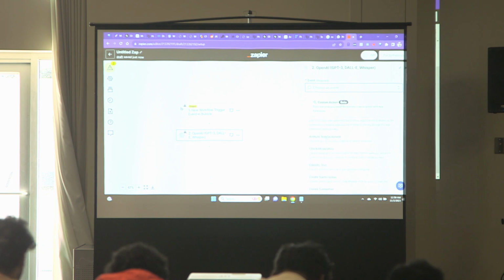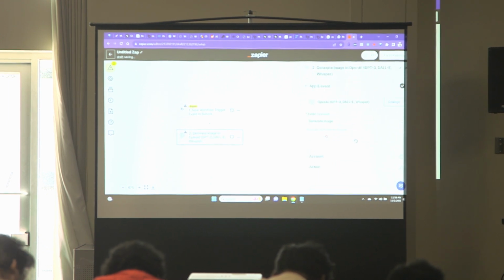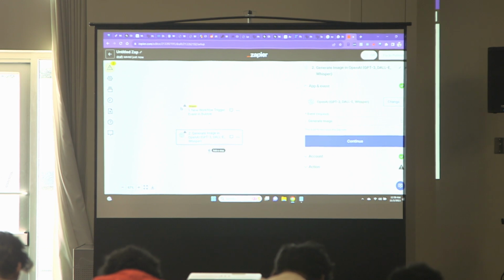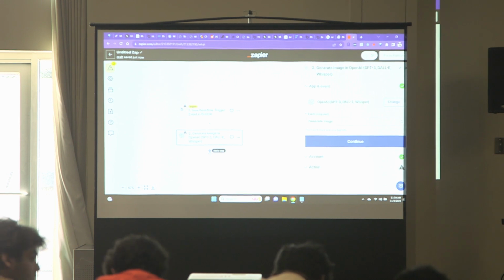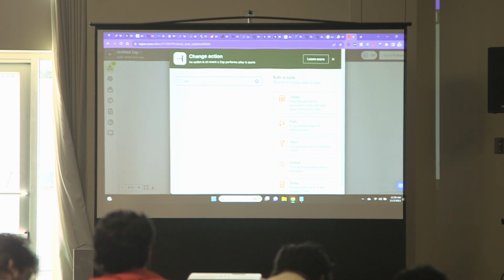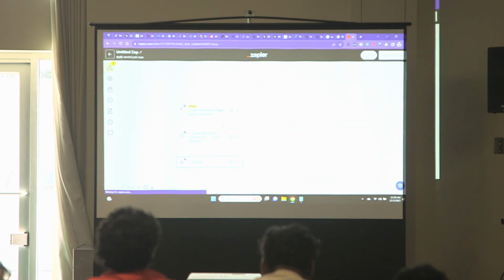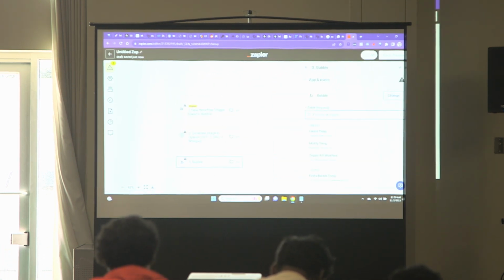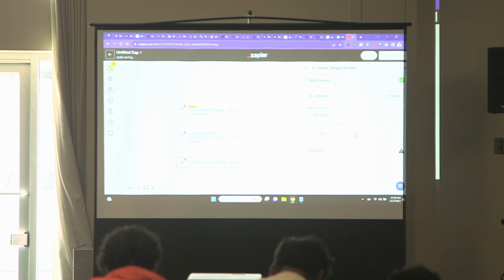And let's say we'll generate an image. Whatever. We want to create our own image generation tool, or we want a tool that auto-generates images for an added bit of functionality. Great. Now I'm going to add a third step. I'm going to go back to Bubble. It's going to generate that image. Now I'm going to create a new thing in the Bubble database of my app.